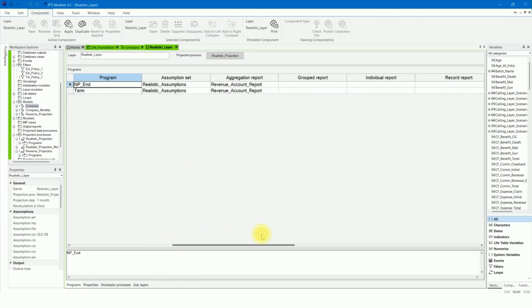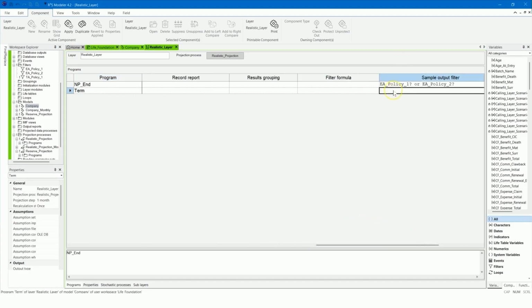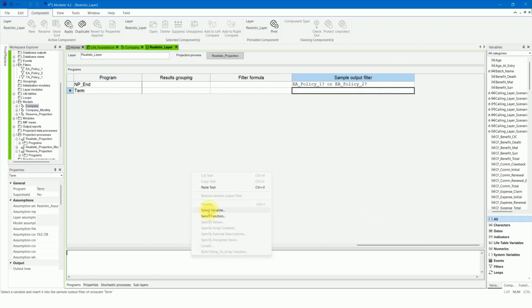Also use the new filter in the program property Sample Output Filter. We could apply the same sample output filter on the data layer and reserving layer. This would allow us to see values in those layers in a filtered sample run.